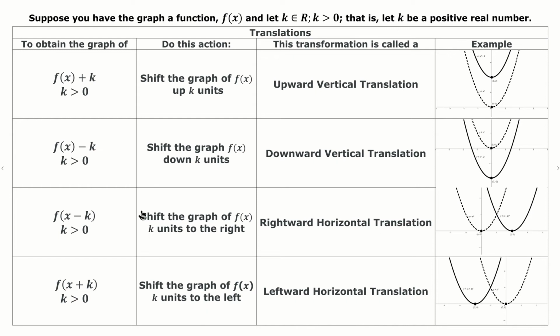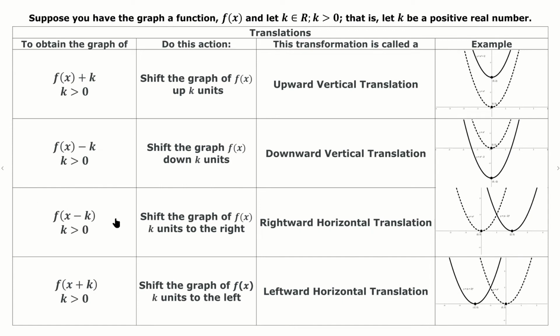All right, now if you want to shift the graph left or right, you're going to be acting on the input level, right? We're going to bring a difference at the input level. Notice that for these two, you're making a change to the output or f of x or y level, right? So if you want to bring about a horizontal change as far as a translation is concerned, you're going to make an alteration to the input. So instead of f of x, if we look at f of x minus k,